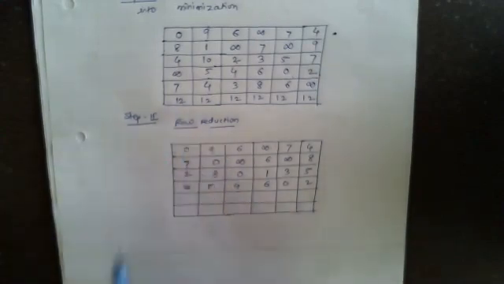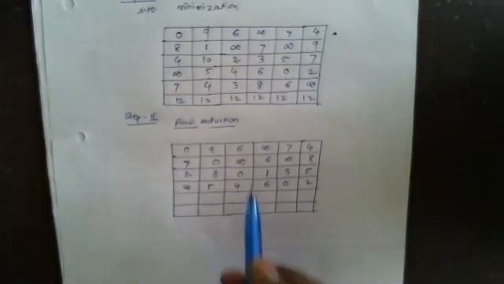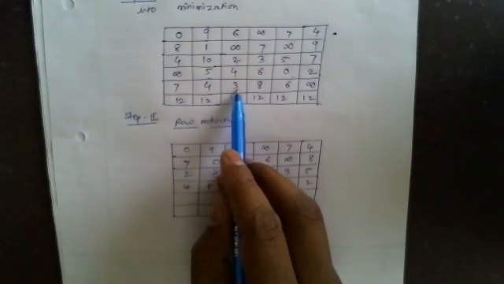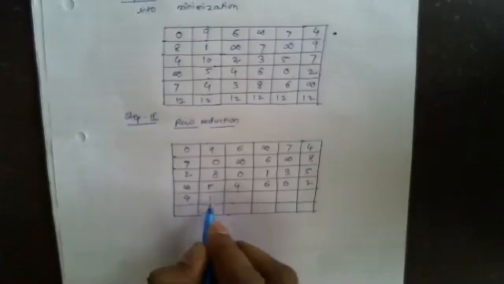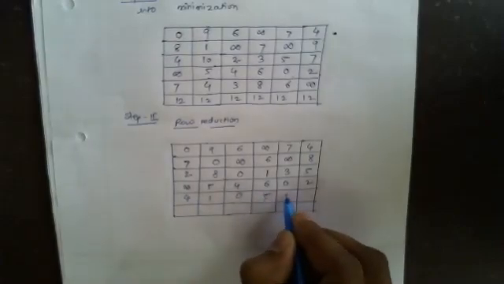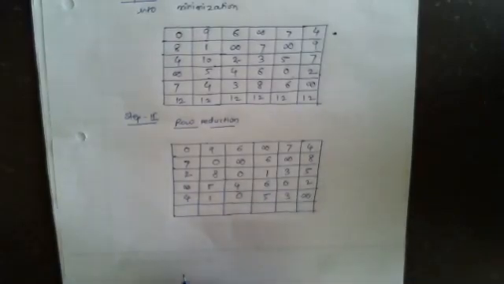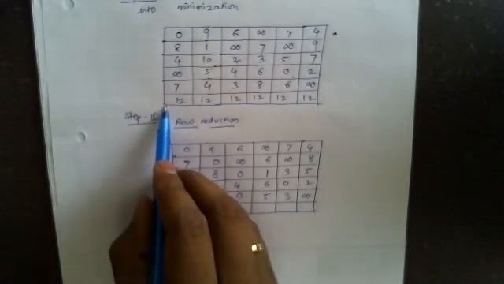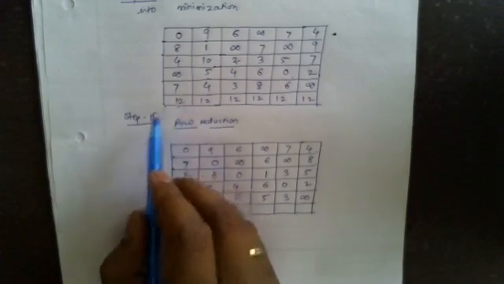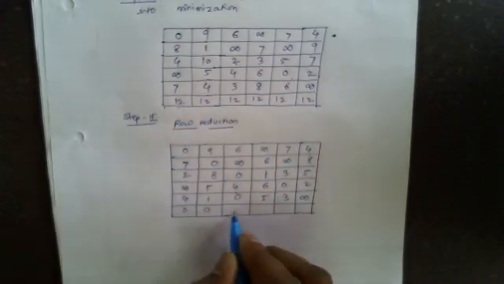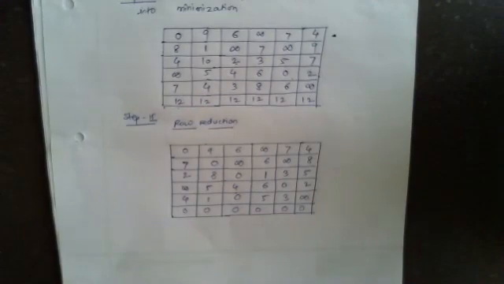Now, in the fifth row, you can observe 3 is the minimum. Then we have to subtract this 3 from all other values. Then it will become 4, 1, 0, 5, 3, infinity. Now in the last row, 12 is the minimum. So we have to subtract 12 from all values. It will become 0, 0, 0, 0, 0, again 0. Next step is column reduction. What is the condition of column reduction? What is the condition?